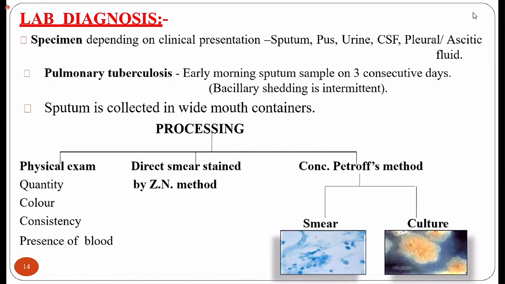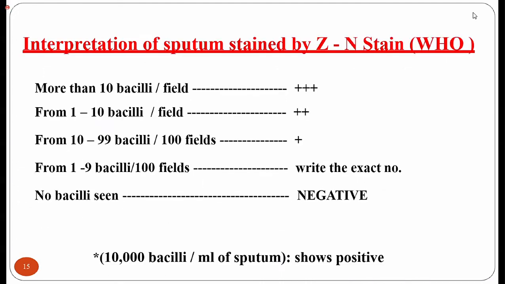What you should know about lab diagnosis: either you grow it in a medium, or you do the direct Ziehl-Neelsen stain, and sometimes we use physical examination. This is how we see the sputum. So if we take a sputum and see it under the microscope, we look to...